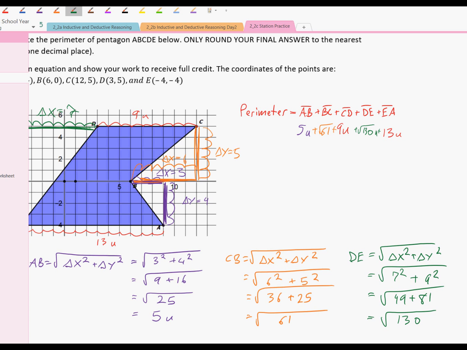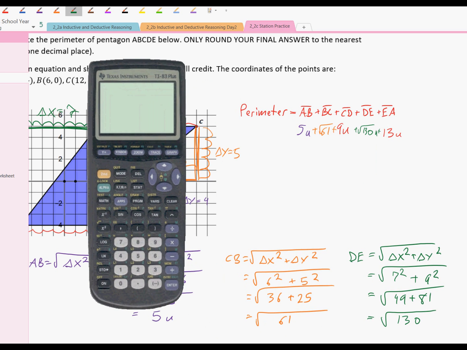Now, what's really important is I add this correctly in the calculator. So let me get my calculator out. It's right here. Turn it on. And let's punch it in. 5 plus the square root of 61. And I got to make sure I step out of it. I close the parentheses. Plus 9 plus the square root of 130, close parentheses, plus 13. Press enter, and I get